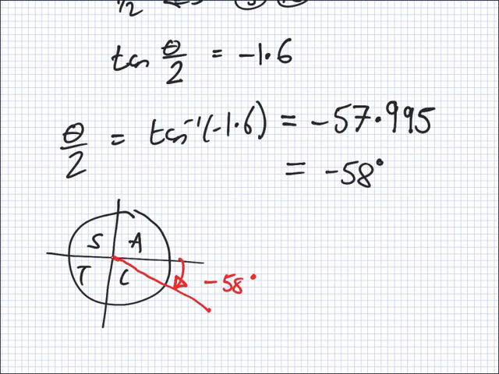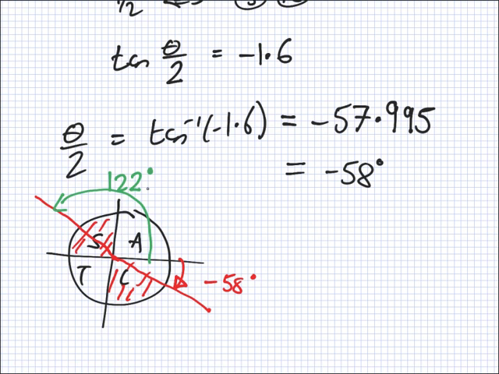The second answer for tan, where's the second quadrant where tan is negative? Here, isn't it? The one I just drew. Because only here and here could tan be negative. So you draw a straight line over. If that's 58, that's 58. So the angle we really want is this angle going around here. So that would be